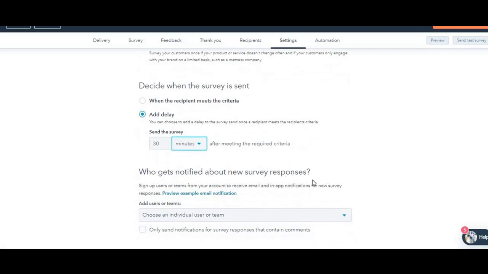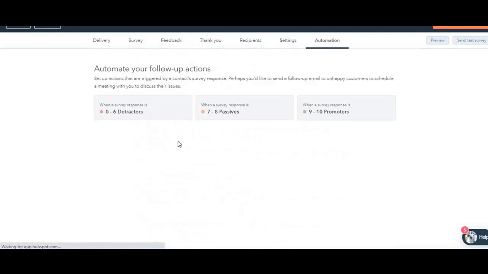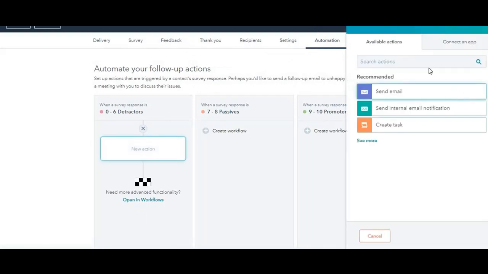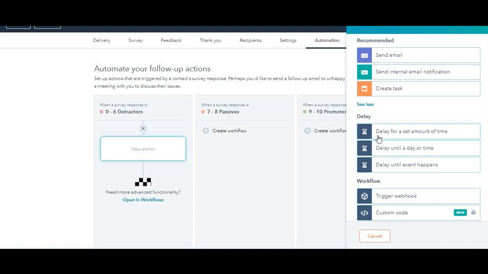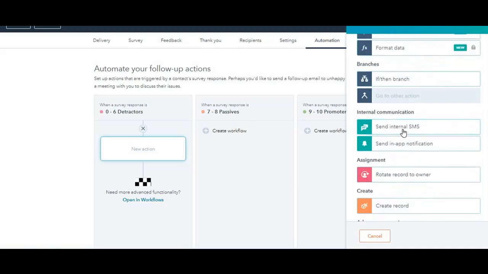Who gets notified? So you can add your team members individually or a team. Automation, again, at the end of it, you can create workflows. For example, over here, if you want to create a workflow without going to the workflow tool, you can send an email to detractors. You can send an internal email notification. You can create tasks internally. You can delay. You can trigger a workflow, a webhook, internal communication, send an internal SMS to your team,